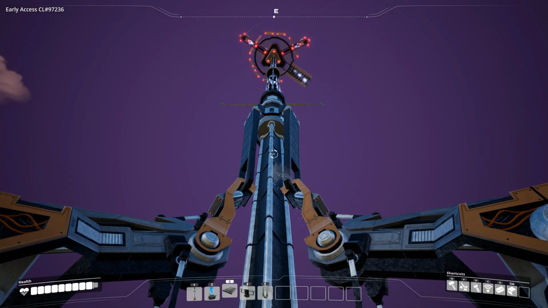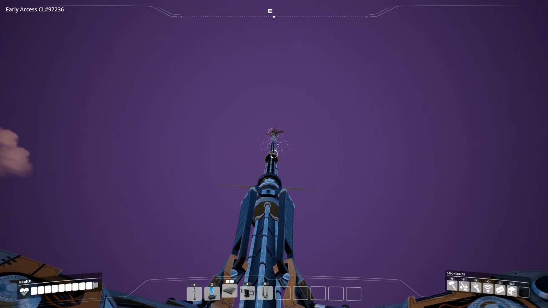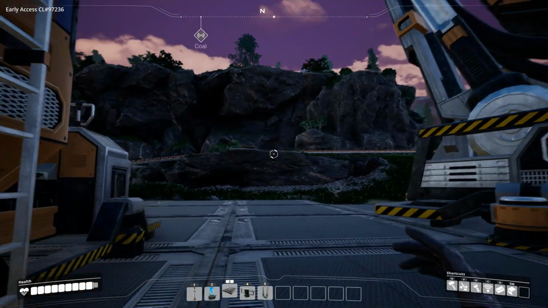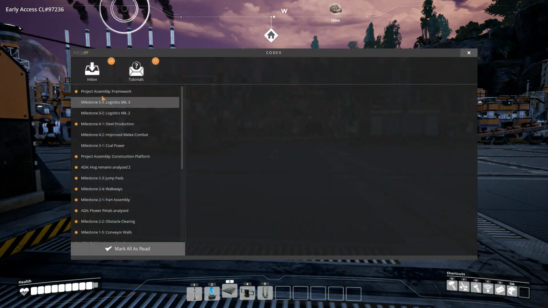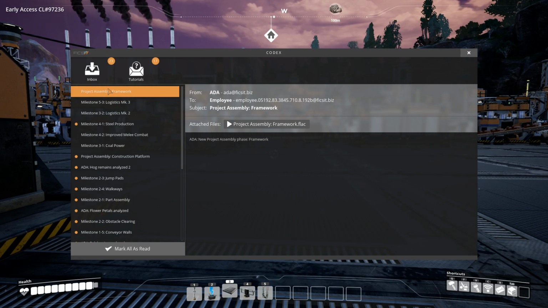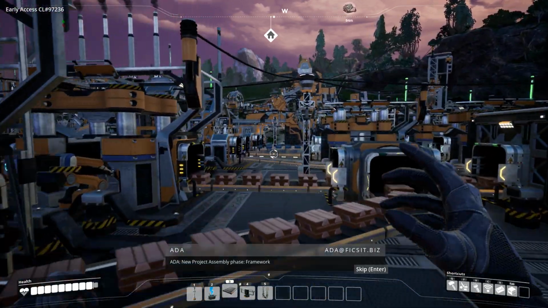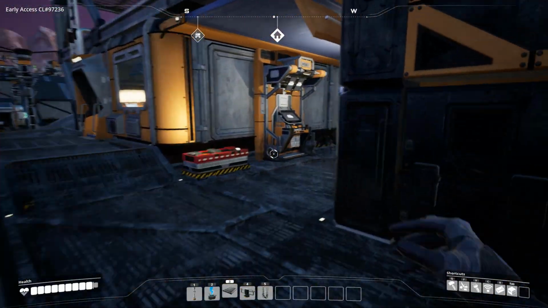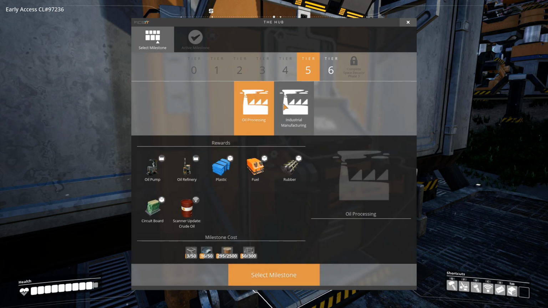That's great. I love it. Okay, did we get a message from Ada or... no, sorry, X. Project assembly. Was that all? And let's see, are these unlocked now? Alright, tier 5 and 6 are unlocked. That's great. So oil processing, industrial manufacturing,